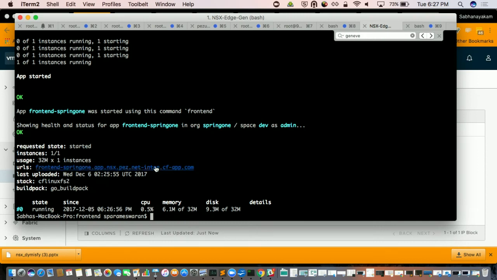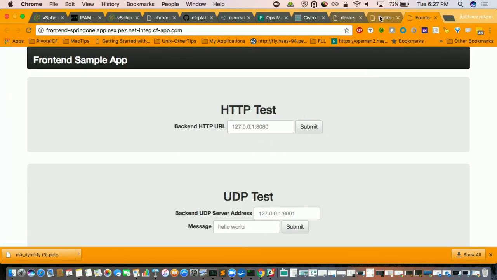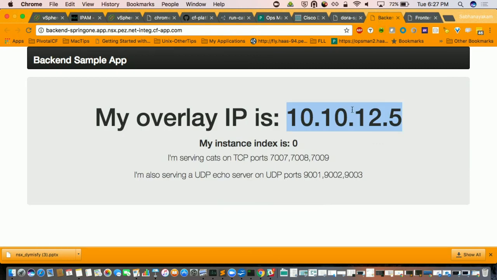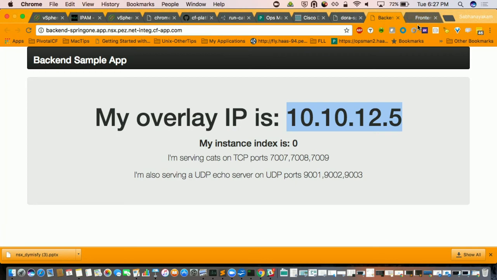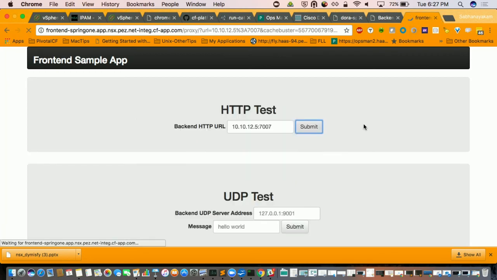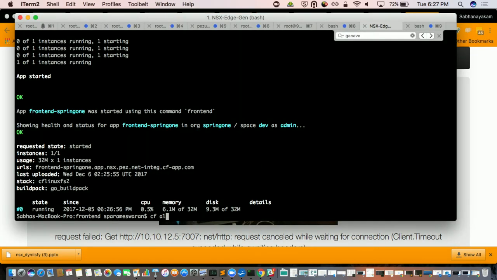Okay, so now we have got the front end. We want the front end to talk to the back end. This is bypassing the Go router. This is basically saying, given that I have my address, I want to talk directly. So this is 7007, yes. Now it's trying to connect, and it says, I have no idea what you're talking about because I cannot talk to this one, whatever you said. So now I'm going to